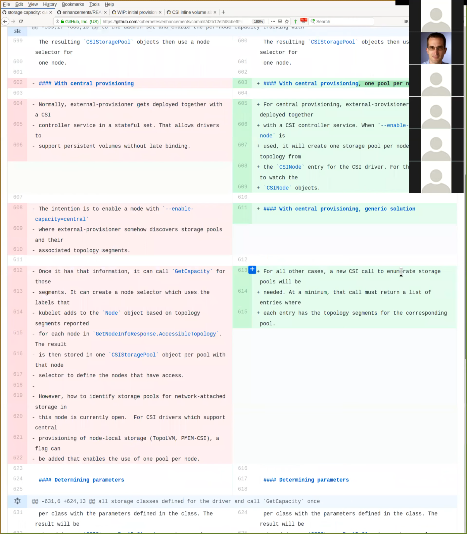I think we actually don't need to extend get capacity for this. What we need is this list storage pools. And what that returns, at least for this particular purpose, is the topology of that storage pool. And that's the information that the external provisioner then needs for the get capacity call. It then can just loop over all storage classes, whether they are applicable to that particular storage pool or not,